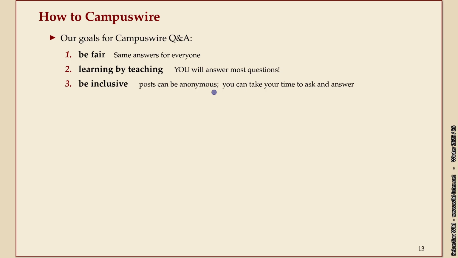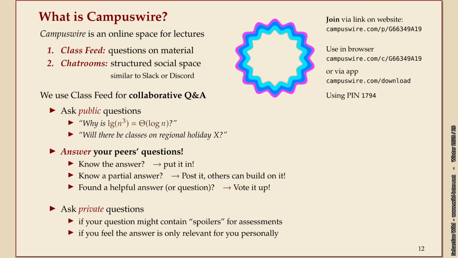That's fairer. If you ask me in some private office hour and I give you one answer, and then the next person asks me the same thing a week later and I give a slightly different answer, this is not so great. I prefer you to have the same information. And then the other reason is you can also answer questions, which is where this really becomes interesting. Because if you think about a question and make an effort to formulate an answer, and you can do this in whatever language, okay? It doesn't matter. You can also take little photos of some handwritten stuff. This is all relatively flexible. They have a mobile app which is not perfect, but it's usable.